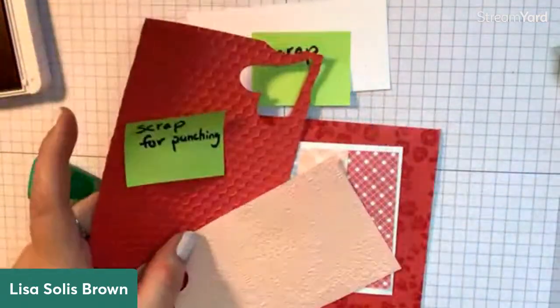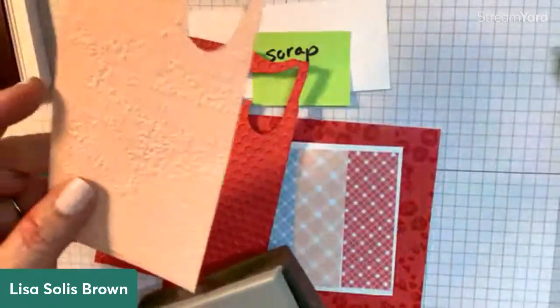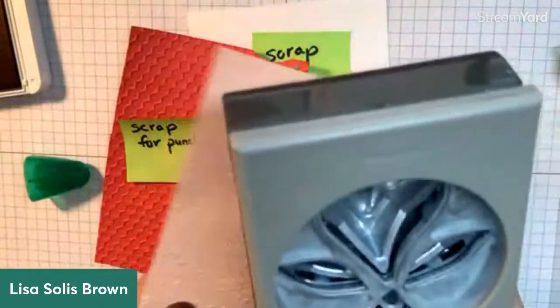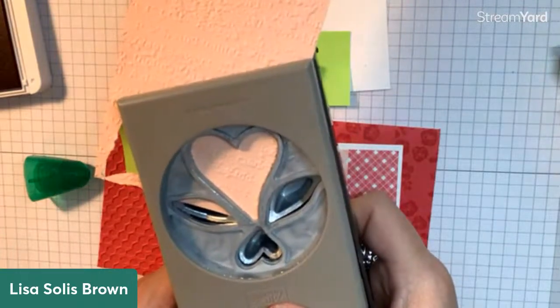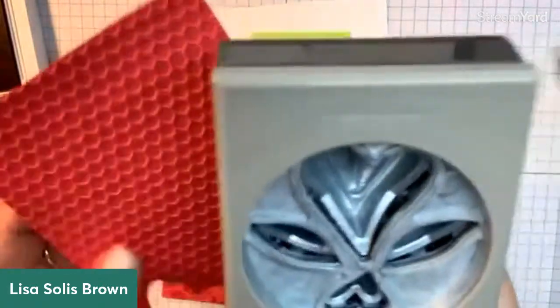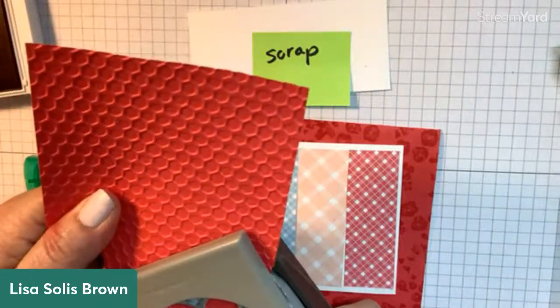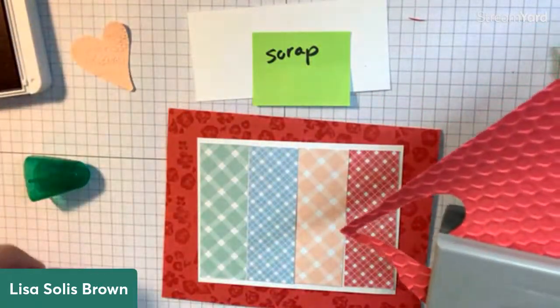And I'm just going to punch, using the punch that goes with this bundle, the largest heart out of these 2. So I'm just going to come over here. And in the kit, you will get your punched heart. Okay. Let's see. I try to go in like at an angle and get that pretty embossing and punch. Okay. And then I'm going to do the same thing on the sweet sorbet piece. Let's slide this in and punch. Okay, so you get two looks because the embossing folders are two different